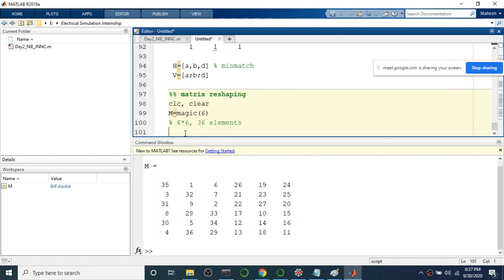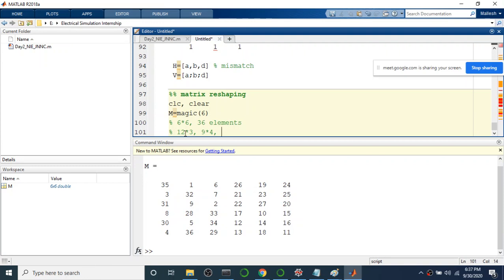36 elements. To get 36 elements, what are the other possible combinations? 6 into 6 gives us 36 elements. Are there any other possible options so that we can get 36 elements? I'll give one example, 9 into 4.